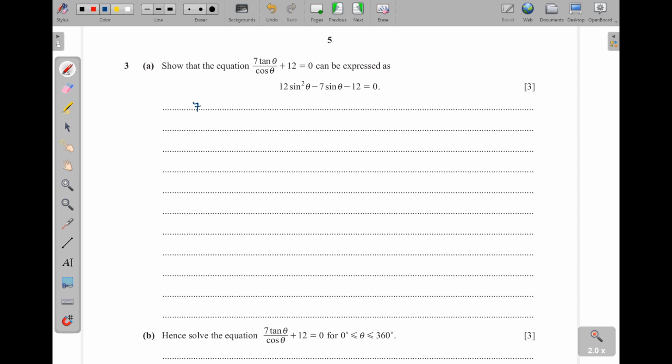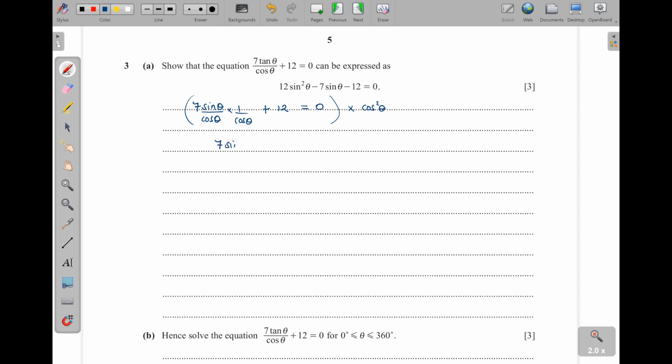So we shall have 7, then sine, remember tan is sine over cosine, right? Then times, there is this 1 over cosine, which is down here. So I can say times 1 over the cosine of theta, or I just write this one as cos squared theta, okay? Then plus 12, this one will be equal to 0. Now, I can multiply everywhere by cos squared theta. It will be the LCM because this one is over 1 and this one is over 1, right? Okay, so when I multiply all through by cos squared theta, automatically this one will disappear,